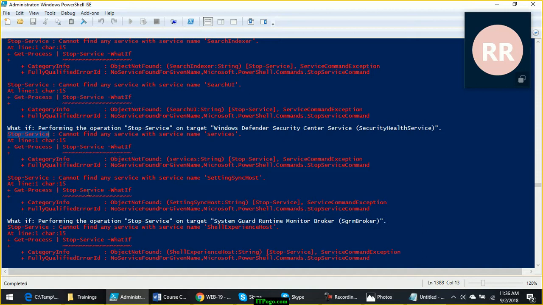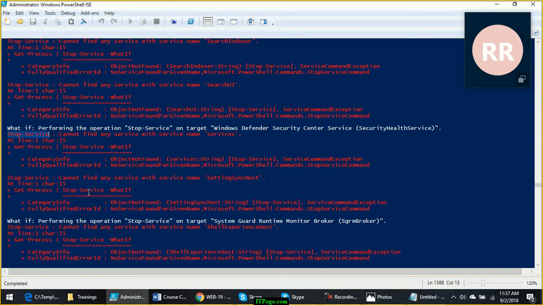Then what is plan B? Plan B requires the command on the right hand side, or the command which is receiving the output as input, to be capable of handling PS objects as input. So does stop-service require a PS object as input? No, it requires a service controller. That means plan B is also not applicable here.